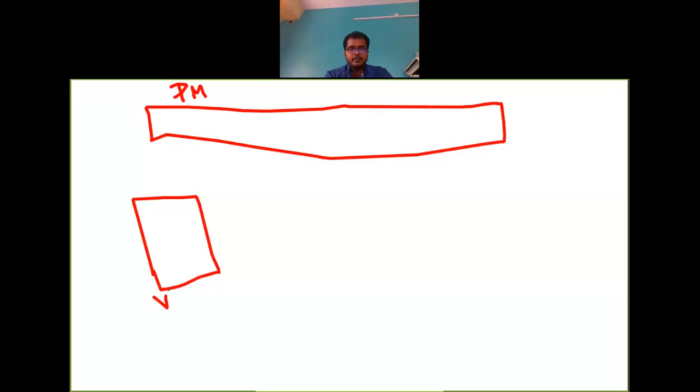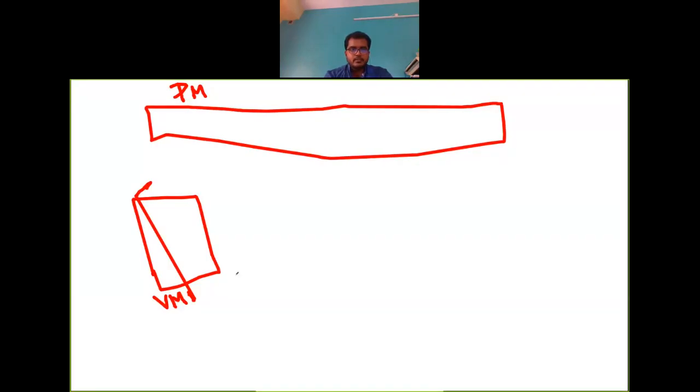Whatever you do in that program, creating a variable, creating a dynamic memory allocation, is done from this virtual memory only. And this virtual memory is mapped to some physical memory.